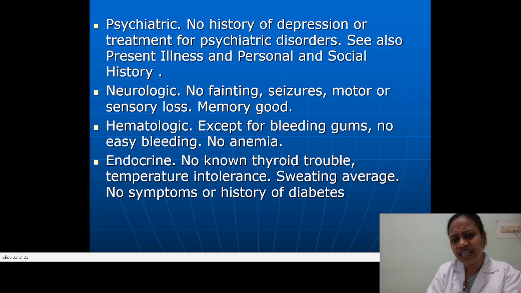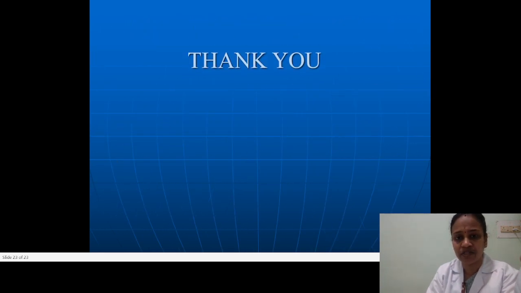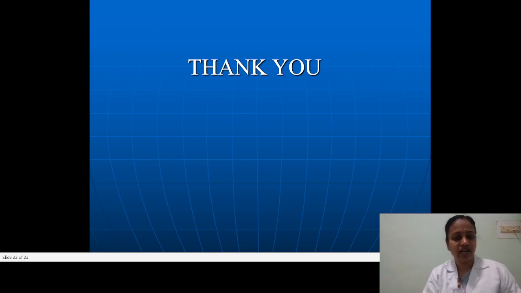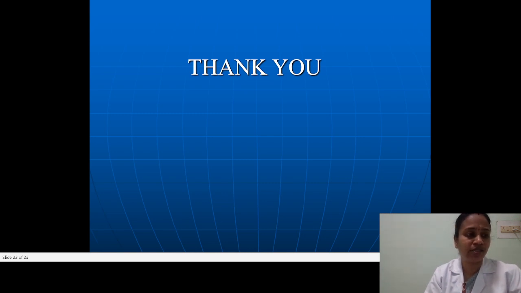Hematological: any bleeding from the gums, all such things you need to ask about. Endocrine: enlargement of the thyroid gland, sweating excessively, and whether any symptoms of diabetes, polyphagia, polyuria, and polydipsia. These symptoms should be asked from the patient. Apart from that, this is about the comprehensive health history, whereas for the focused health history,